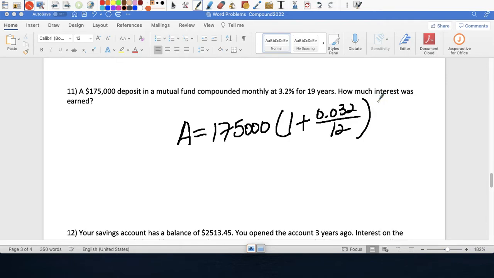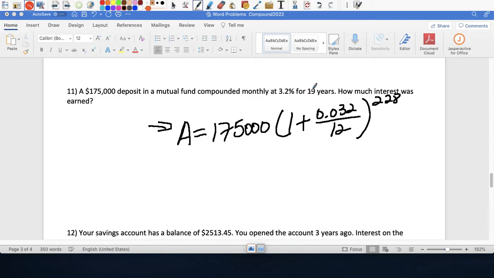So here on the top is going to be the number of times compounding, which is 12. Multiply that by 19. And we get 228. So A is, remember that A is the value, the amount of money in my bank account, which includes how much I deposit in the beginning, right? So this is a large deposit. So let's figure out the